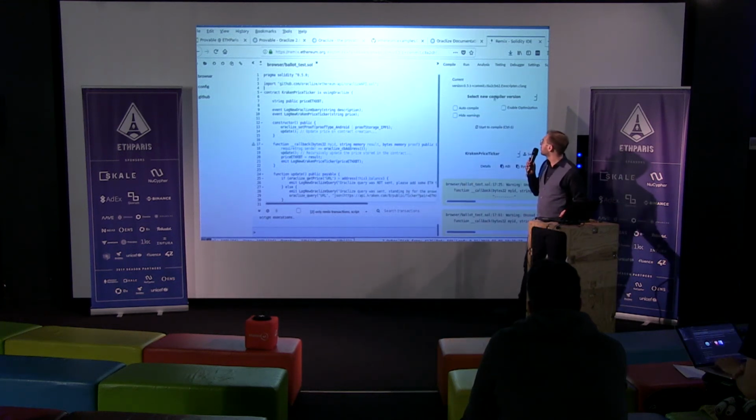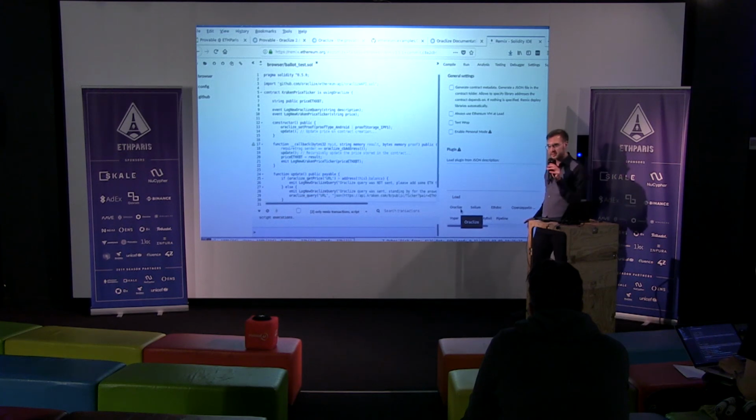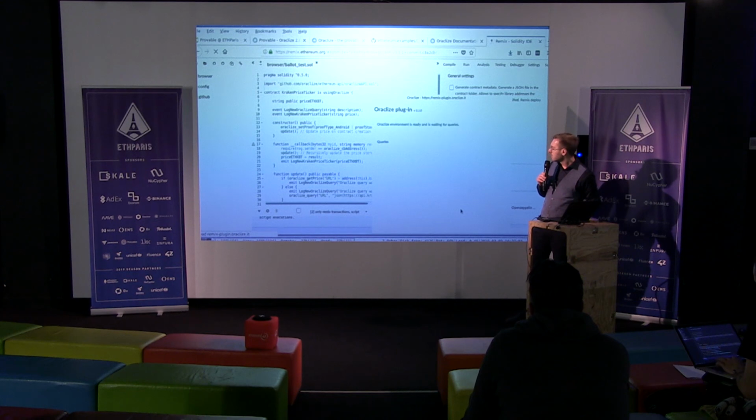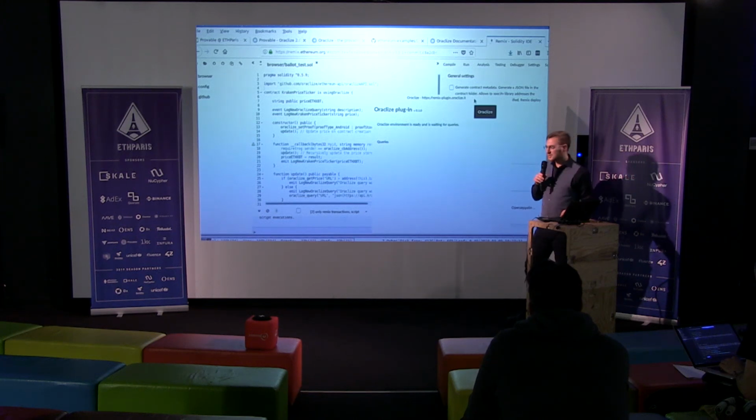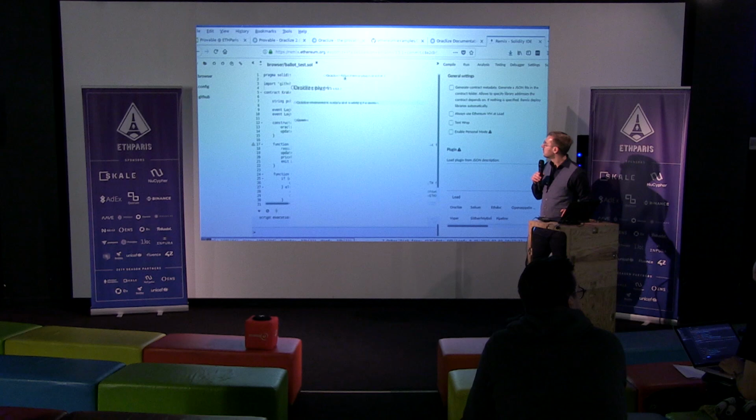So again, to enable it, you just have to go to settings and plugins. Here you find a list of plugins that are integrated with Remix. Oracleize has been the first one being integrated, so that's why it's here. If you click, you find something like that, which I admit looks ugly, but it works and does the job. So now you basically have to somehow move this window, which is always challenging. I did it somehow.